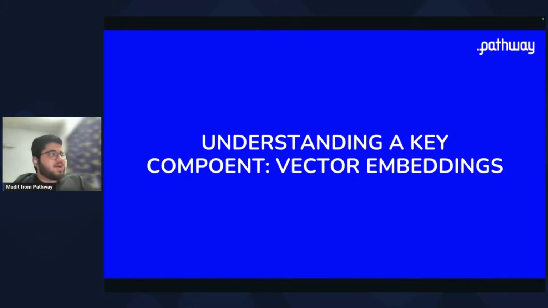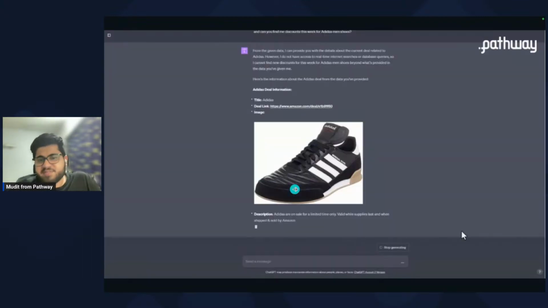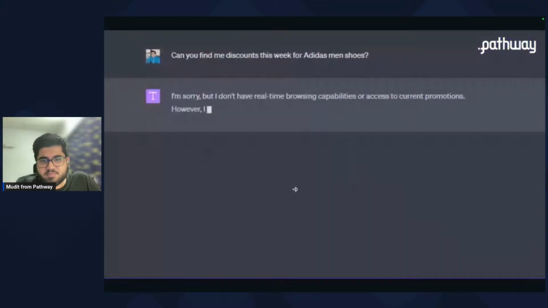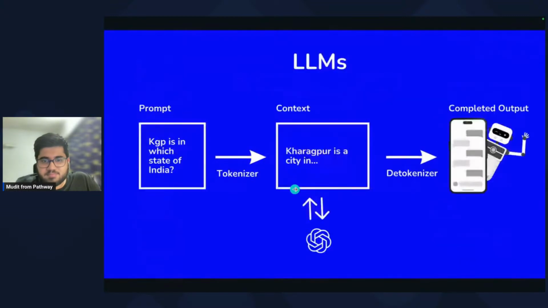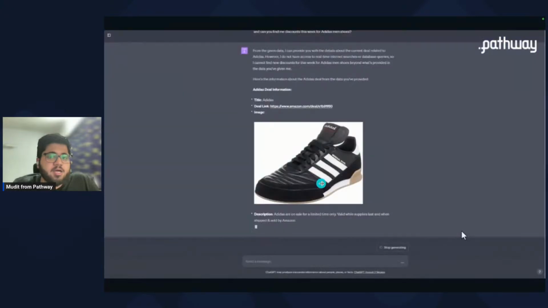Cool. Now let's understand vector embeddings. So what are vector embeddings? If you remember, when we discussed the working of LLMs, we said that the input is broken down into tokens, and that is processed in a numerical format, right?